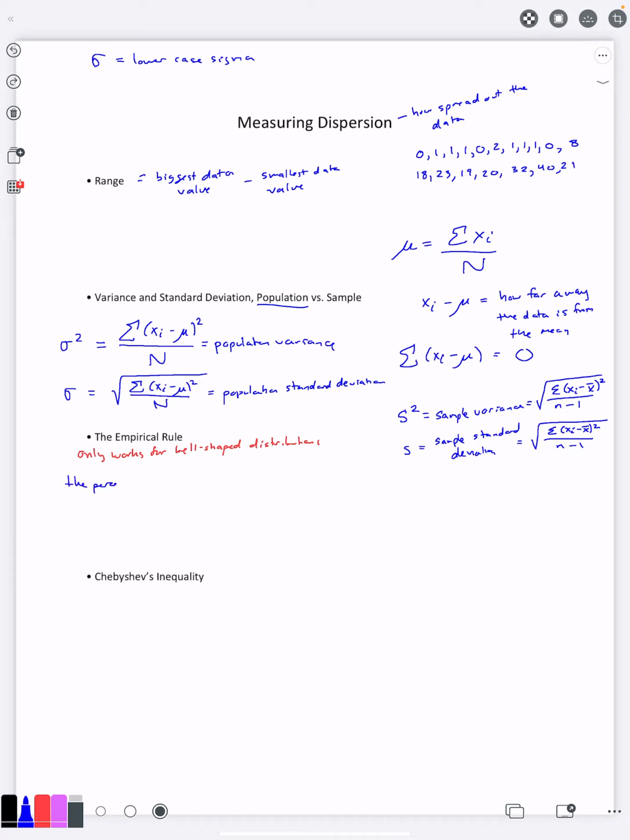The percentage of data within plus or minus 1 standard deviation of the mean is 68%. So what that means is if you find the average of something and you find the standard deviation